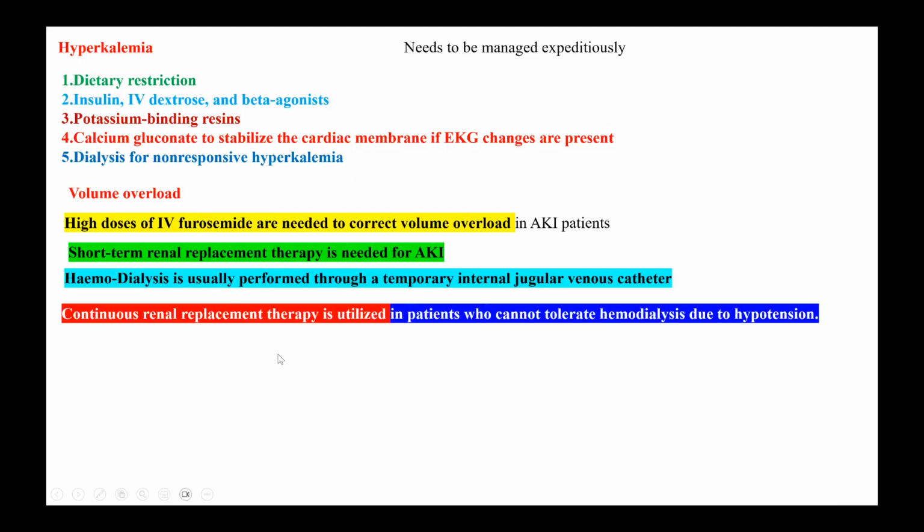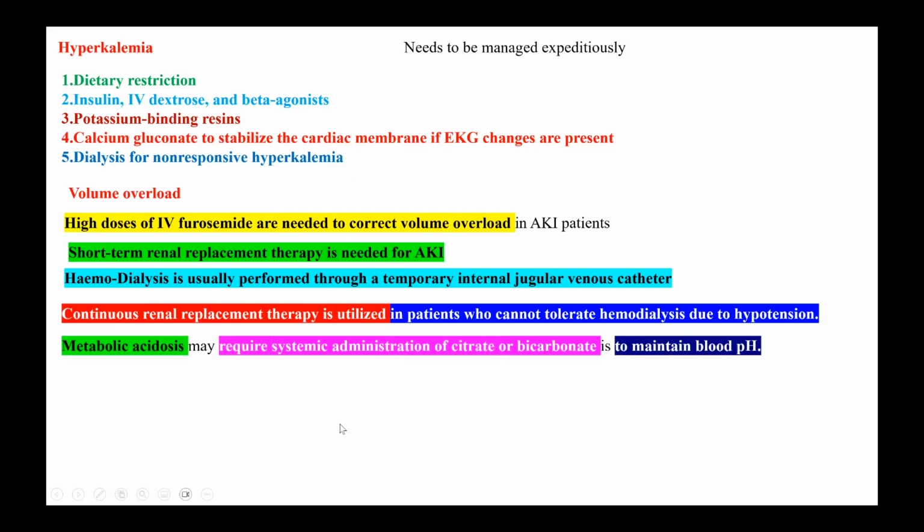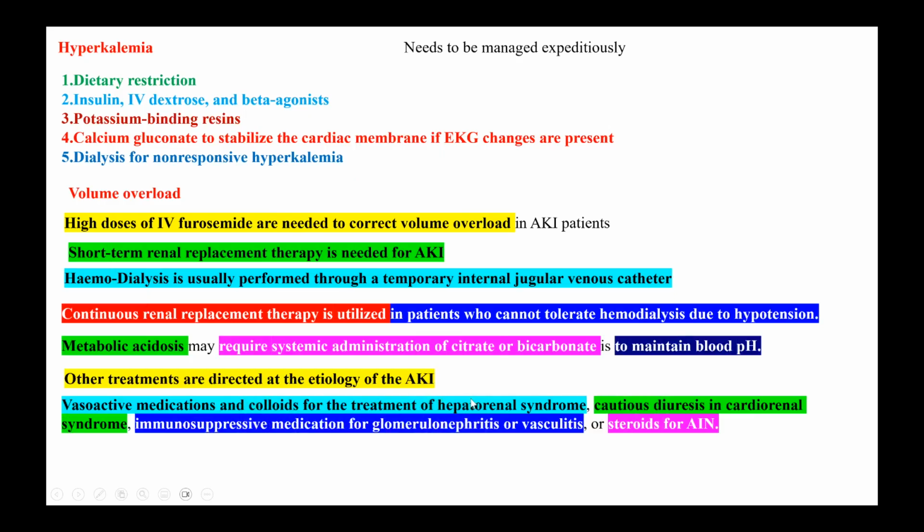And if the patient is hypotensive, then you cannot do regular hemodialysis. In those patients, you have to go for what is called continuous renal replacement therapy. Metabolic acidosis is another important condition which requires correction with either citrate or bicarbonate. Other treatments are directed to the etiology of AKI: you can give vasoactive medication and colloids for hepatorenal syndrome, cautious diuresis in cardiorenal syndrome,